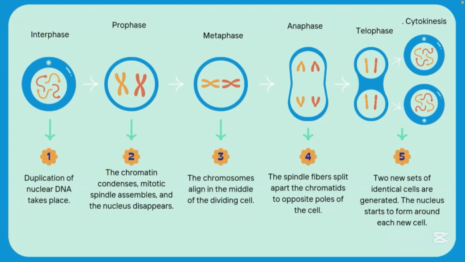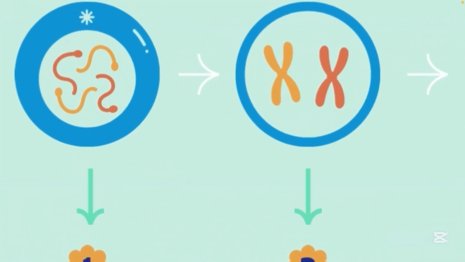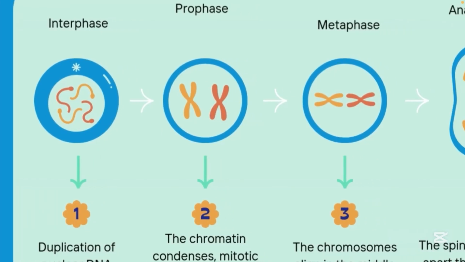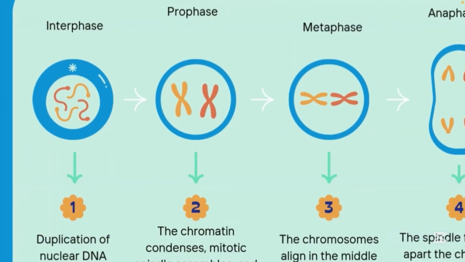During the stages, what happens to the cell is that in interphase, the cell grows and prepares to divide. The DNA is replicated. You can see over here the cell is growing. It gets bigger, and the DNA gets replicated. It gets duplicated. You can say that it forms a duplicate chromosome, which is also known as sister chromatids.